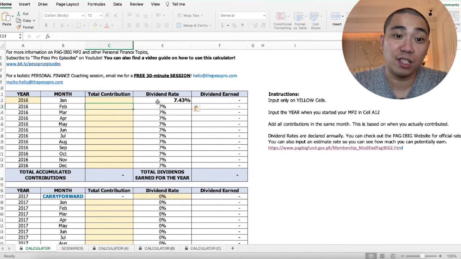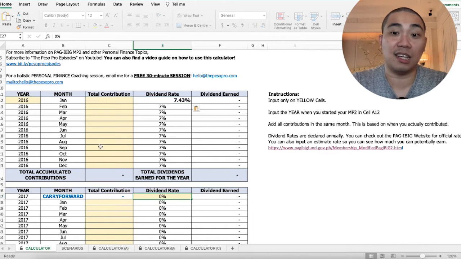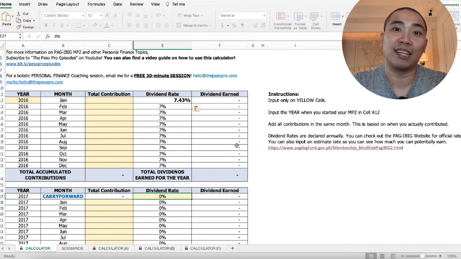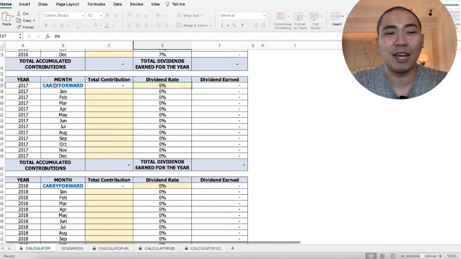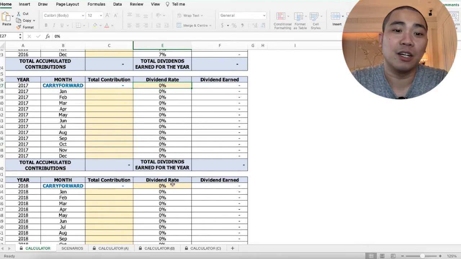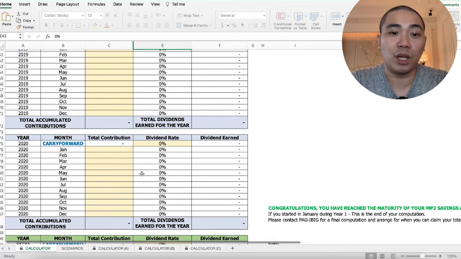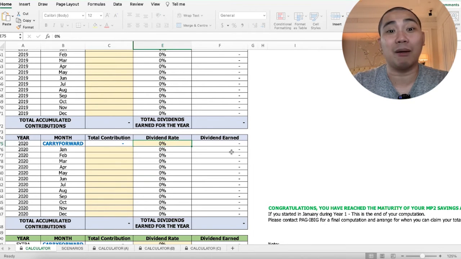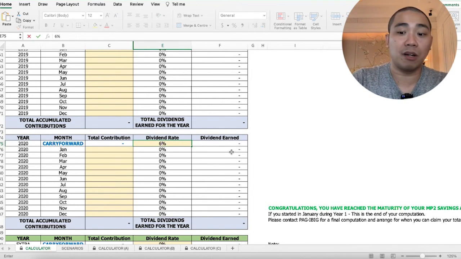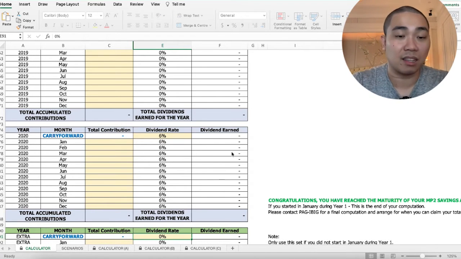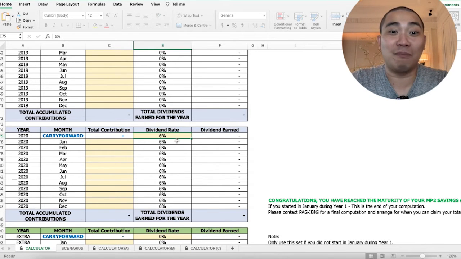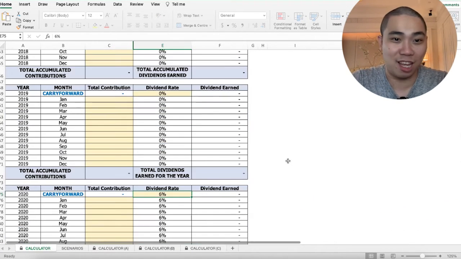Now, all you have to do is also, sa year 2, i-copy nyo rin yung year 2 dividend rates and you put that there. Ganun lang po yung setup. Now, ang question is, paano kung wala pang dividend rate for that year? The tool will default to 0. So, what you can do, let's say for example, noong 2020, hindi pa na-release, maybe you can use the prior year rate para lang ma-estimate, or you can use a certain number na average of the past, so maybe 6%. Right? So, just remember na pag na-declare na yung dividends, kailangan nyo lang baguhin para makuha nyo yung actual computation.